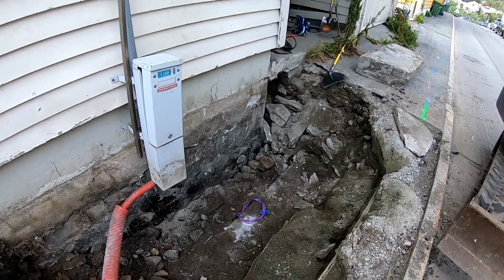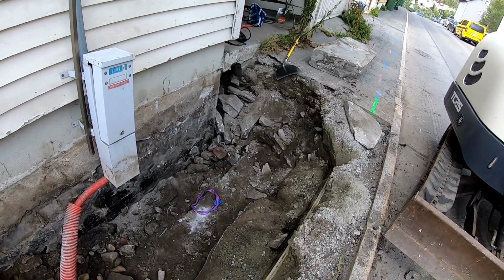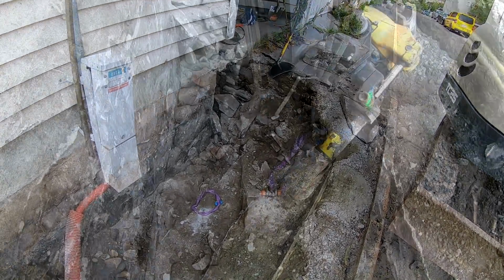Okay, that didn't go as planned. All my drills went out. The rock was hard. It just melted, so